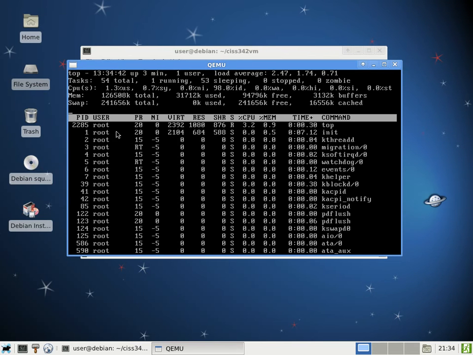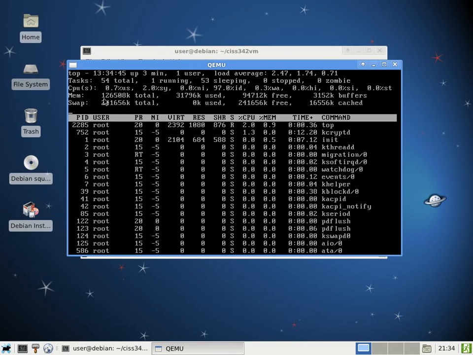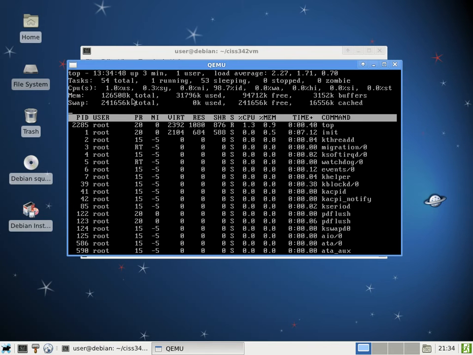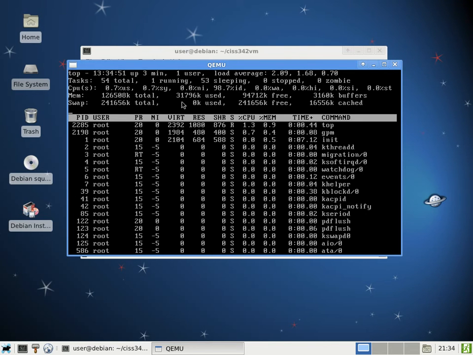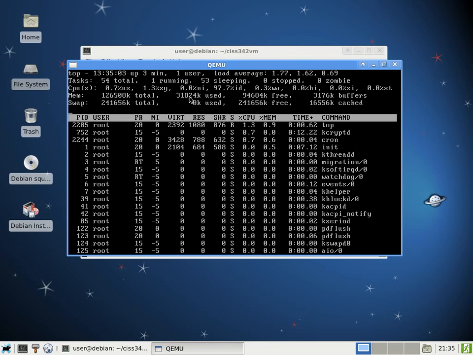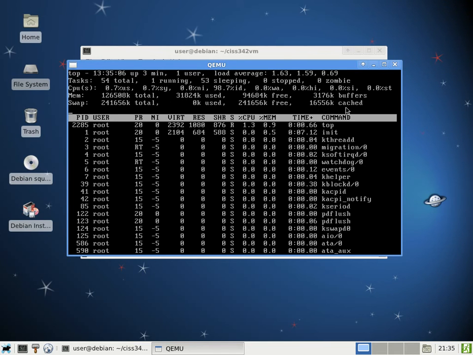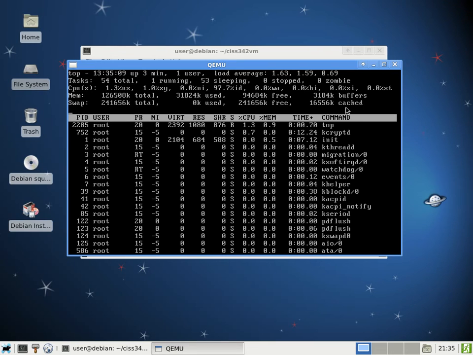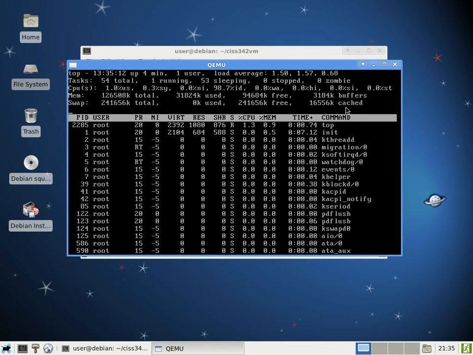Oh, that's really tight. Because right here it shows that we have 128 megabytes of RAM available, because that's all that I allocated to it. Oh, okay, it's not using much. I stand corrected. Of the 128 megabytes of RAM allocated, it's using 32 megabytes. Of the 32 megabytes used, 16 of which are cache. So the system is really only using about 16 megabytes of RAM as it is right now,